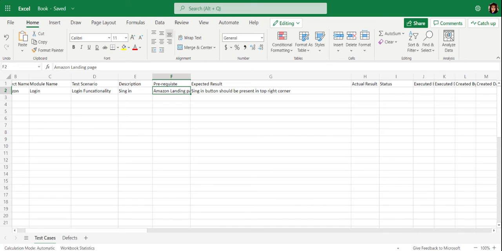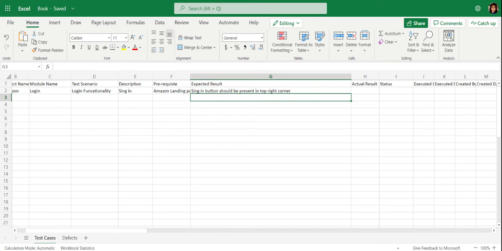As you know, login functionality will always have four scenarios, generally one positive and three negative. Again, you can have multiple combinations depending upon how intense the login functionality is developed and described by the client. So generally, one is the correct data. In the first step, we are just verifying the sign in button is there. The second one will be